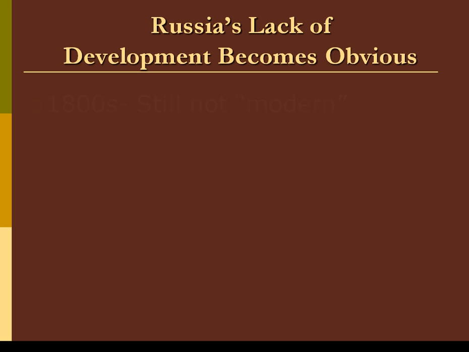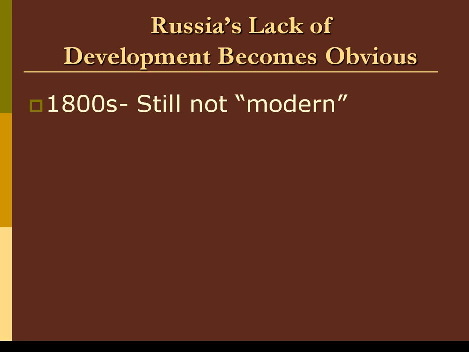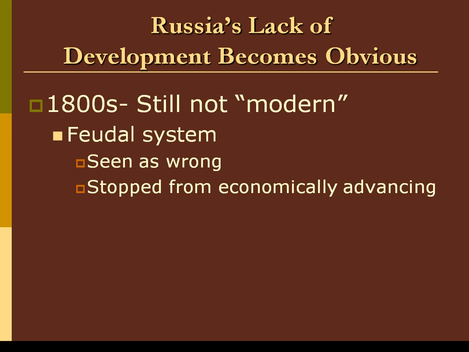So let's start with what's going on in Russia by the 1800s. By this point in time, it's still not considered to be modern based on the standards of other places elsewhere in the world, specifically Europe, because by this point in time, Europe is going through the Industrial Revolution. And one of the things that kept Russia sort of lagging behind was that they still used the feudal system. If you remember from 9th grade what the feudal system was, it's that exchange of land for loyalty, with kings and nobility, knights, peasants, serfs, and so on.